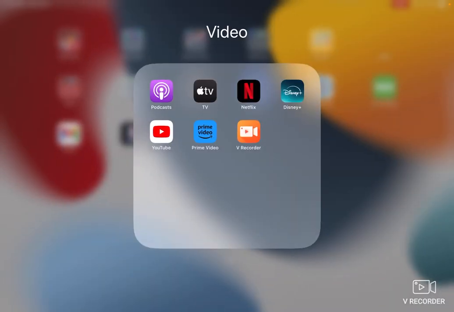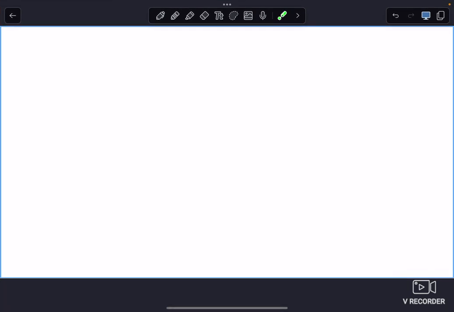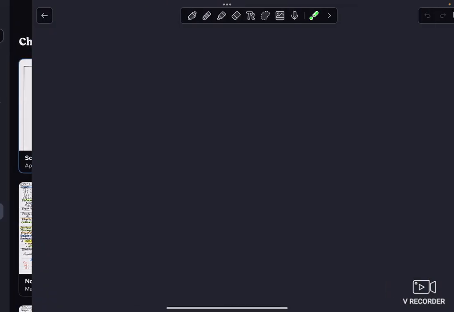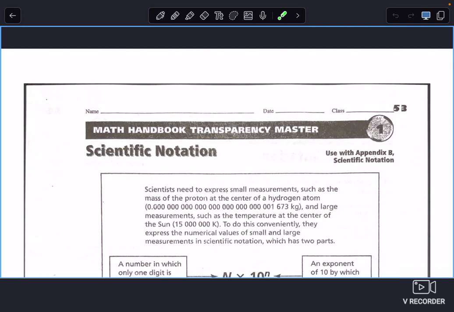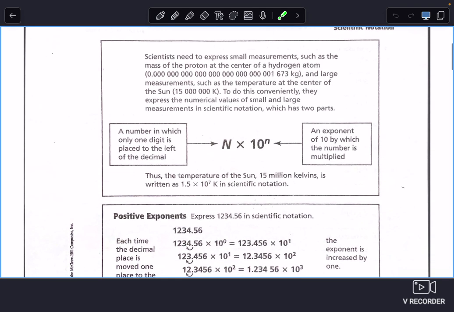Okay, let's get a little help with scientific notation. Scientists need to express small measurements, such as the mass of a proton at the center of a hydrogen atom, which is this many zeros, 1673 kilograms, and large measurements, such as the temperature at the center of the sun, which is 15 and this many Kelvin degrees. To do this conveniently, they express the numerical values of small and large measurements in scientific notation, which has two